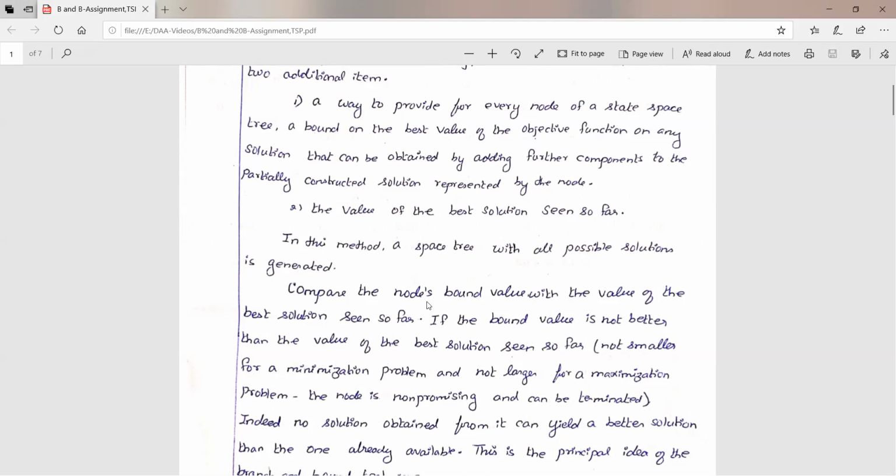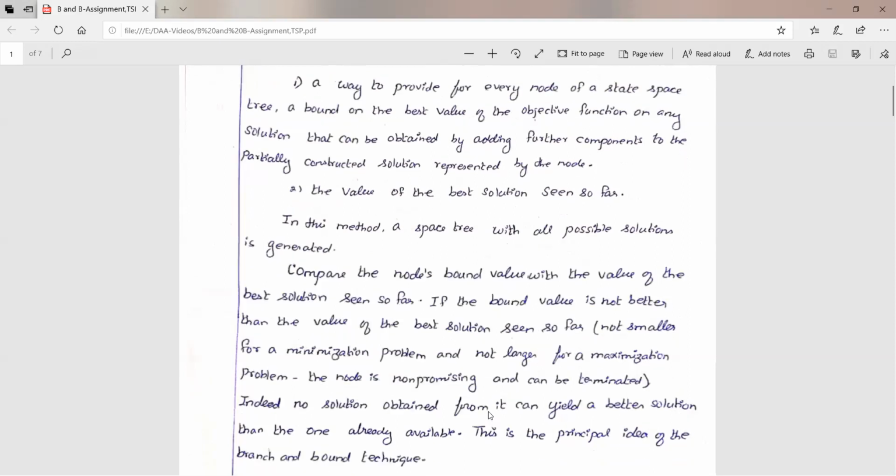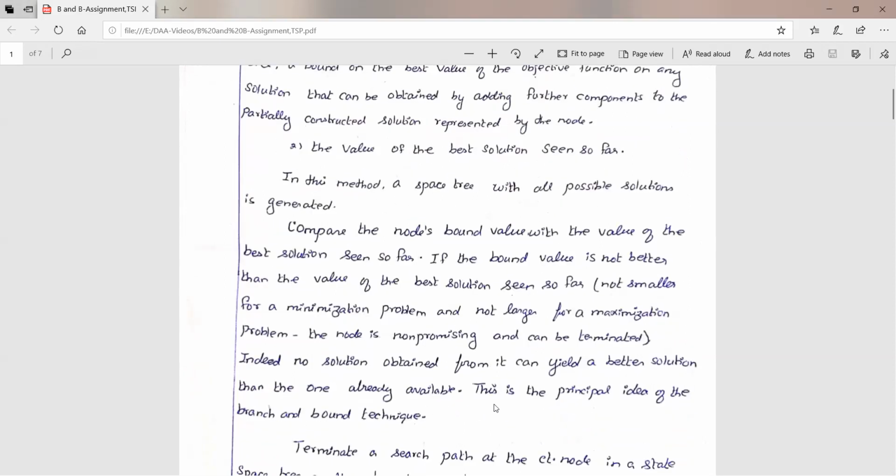Now compare the node's bound value with the value of the best solution, which is the bound value we found in the beginning. If the bound value is not better than the value of the best solution seen so far, that is, not smaller for a minimization problem and not larger for a maximization problem, we say that node is non-promising, and we can terminate it. No solution obtained from it can yield a better solution than the one already available.